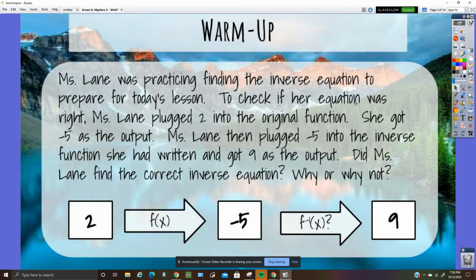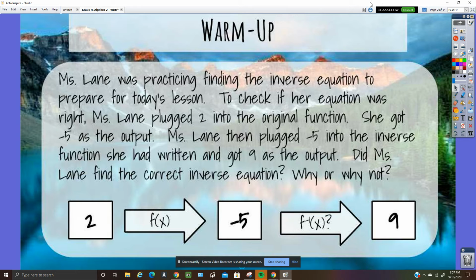So the warm-up is: Ms. Lane was practicing finding the inverse equation to prepare for today's lessons. To check if her equation was right, Ms. Lane plugged 2 into the original function. She got a -5 as an output. Ms. Lane then plugged -5 into the inverse function she had written and got a 9 as the output. Did Ms. Lane find the correct inverse equation? Why or why not? This would be incorrect because